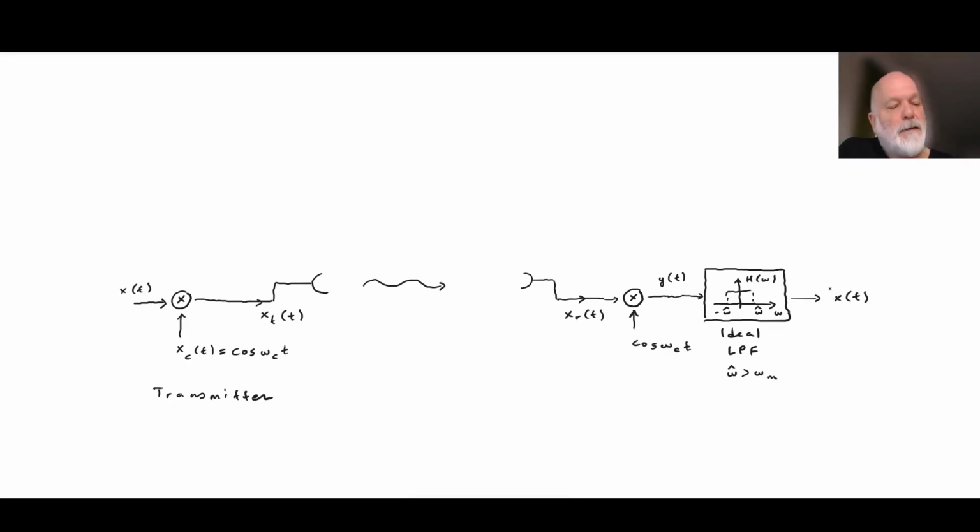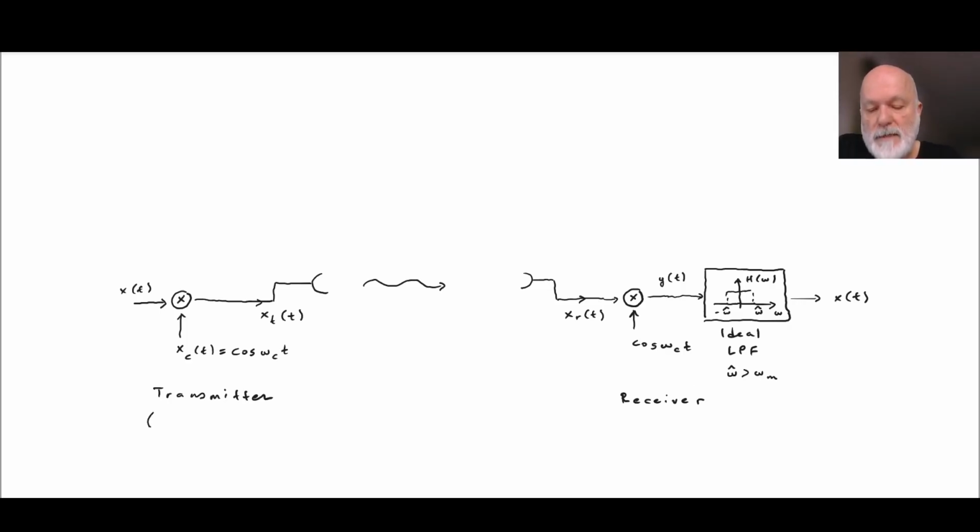and therefore the output will be x of t, or a constant multiplied by x of t. But the important point is that we are able to extract the information carrying signal by using the received signal. We are able to extract the information carrying signal. Okay, therefore this is the receiver configuration on the receiver side,